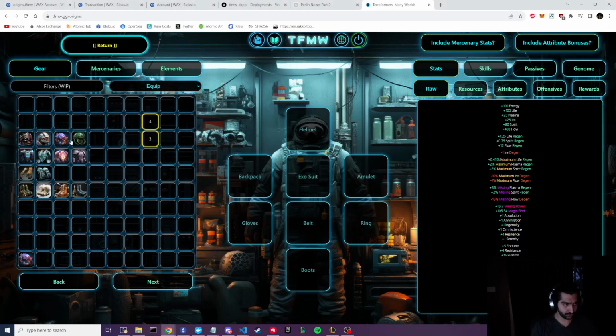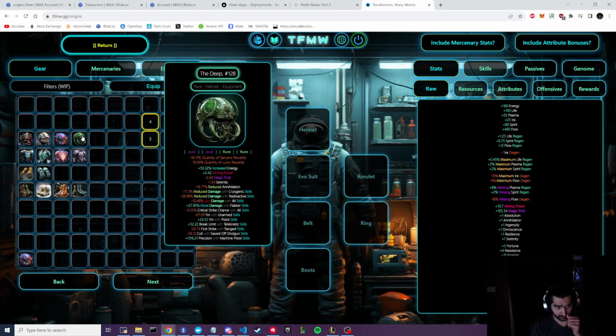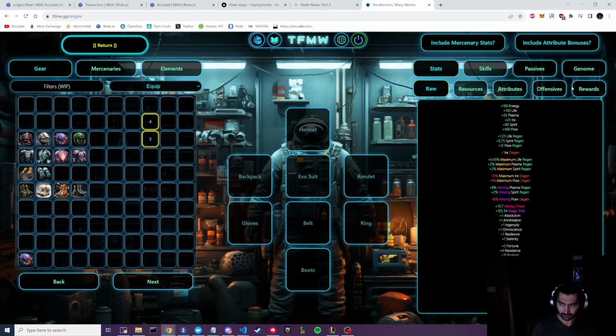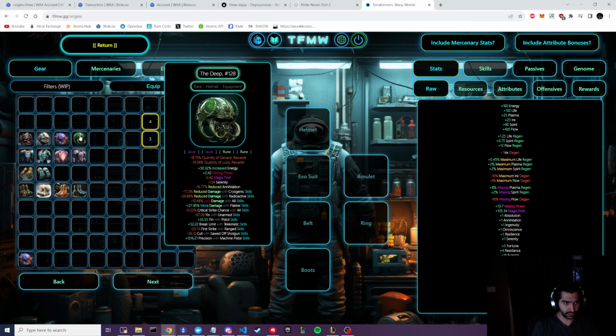Just something to note: if you take a look at some of the NFTs, you're going to see that it says, for example, minus 17.3% reduced damage with cryogenic skills, reduced damage with radioactive skills. Skills basically means any ability that you can use, including attacks, basic and special attacks with your weapons. Now, the way the attributes are summed across all of these is, let's say you might have a